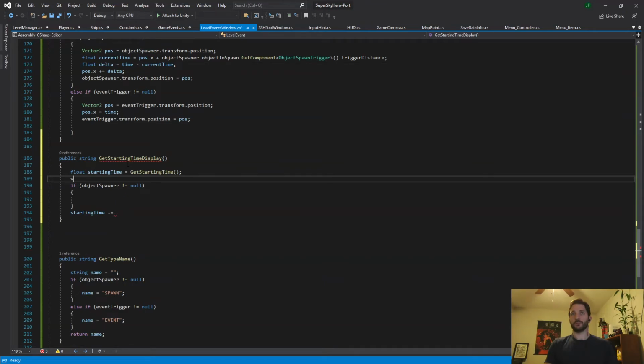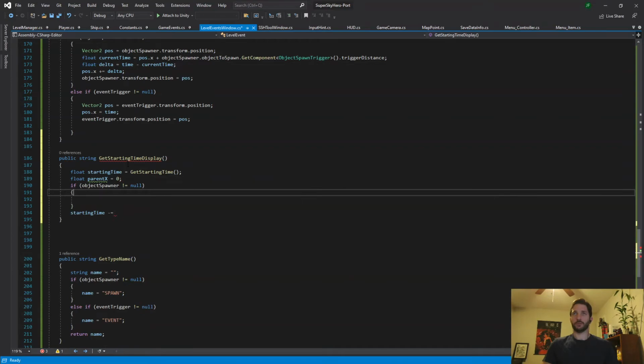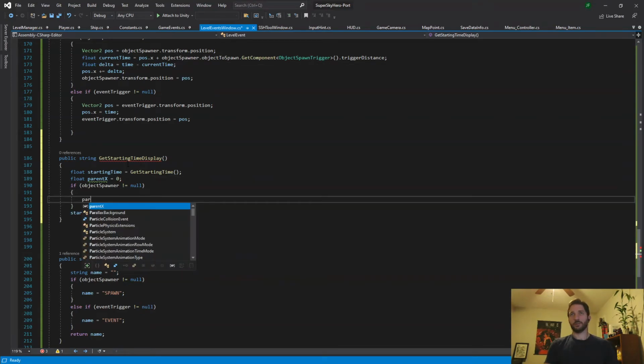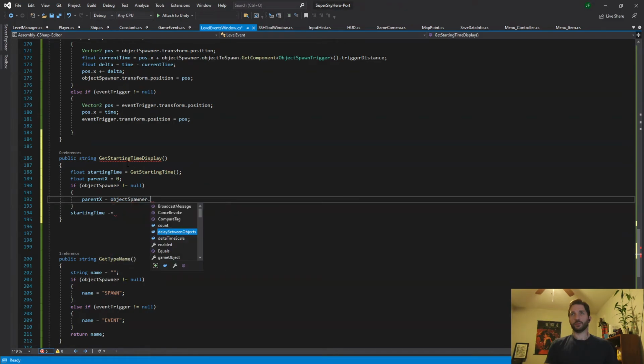So vector float parent x. Let's do that. Parent x equals object spawner dot parent get transform parent position x